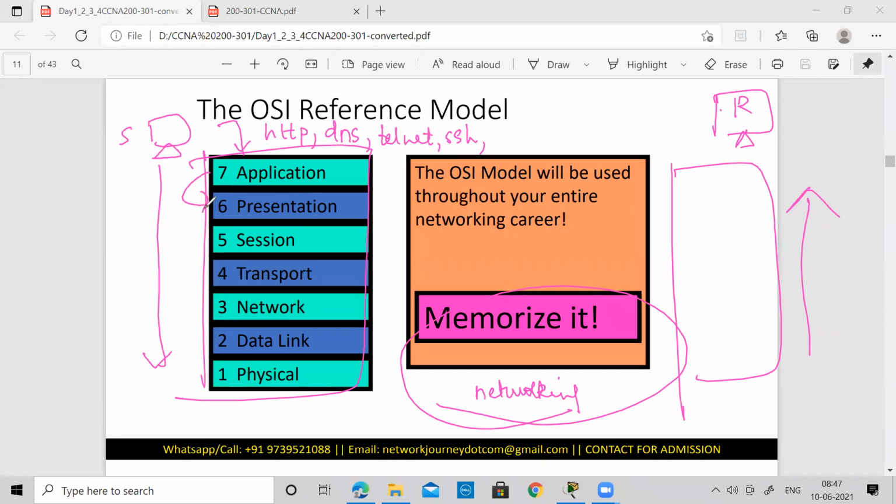As soon as the data is in the correct format and presented, we move towards the session layer, where the session layer sees that all sessions are maintained properly, meaning they are kept separately, and there is a record of it: when the session started, who is communicating, which application is communicating. So there is no cross communication between the applications. Whatever request has gone, the reply should come to the same page, the same application.